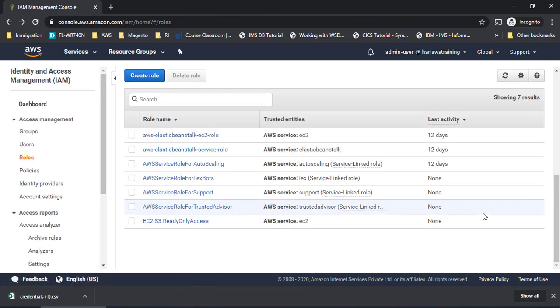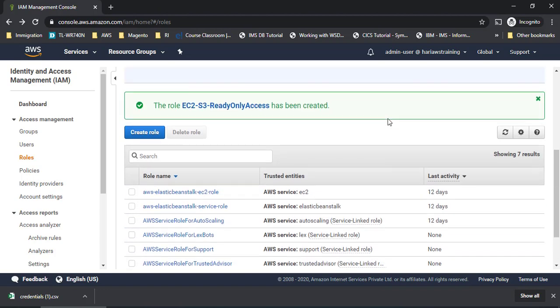This way I can create a role, and now my EC2 instance can directly talk to S3 and list. It will only be able to list the items and not do anything else on S3. So it cannot access other services because no access is given to them. Only access is given to S3, which is only read-only access. We will see this with an example when we learn about EC2 in more detail. Roles will make more sense to you when we discuss EC2, right? For now, this should be fine.